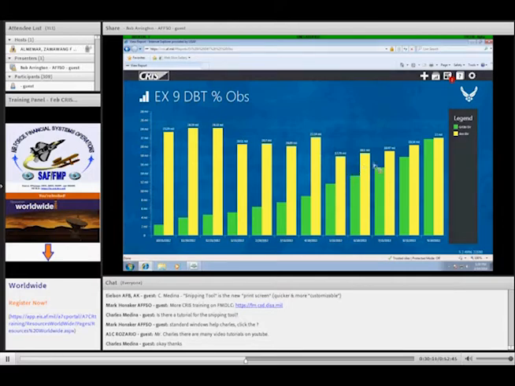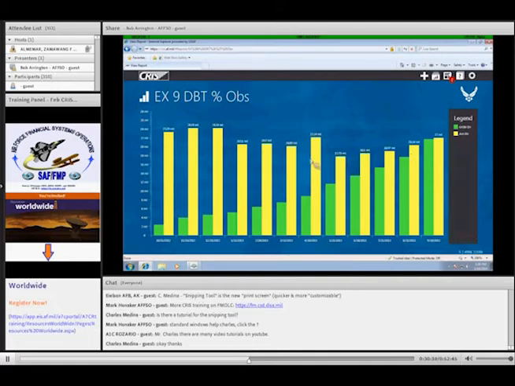My gross obs started off down here, which would make sense. The very beginning of the fiscal year, I haven't obligated a whole lot of money yet. But as the year went by, you can see I was obligating more and more and more money until right around September 30th, I had obligated just about everything that I had received. Just a tiny little space up there where I didn't obligate quite everything. So that's a typical graph function.